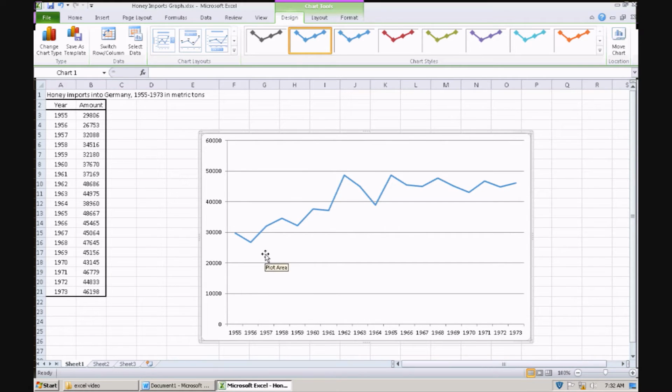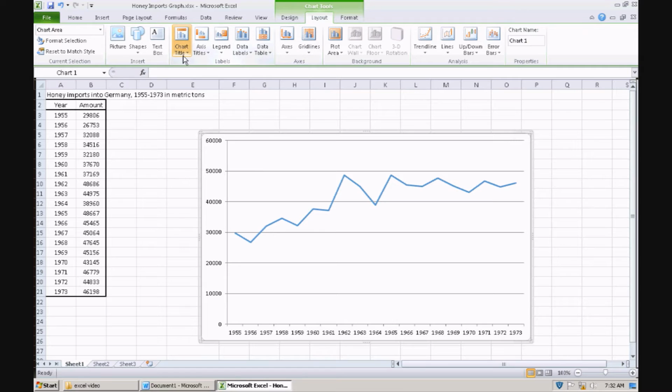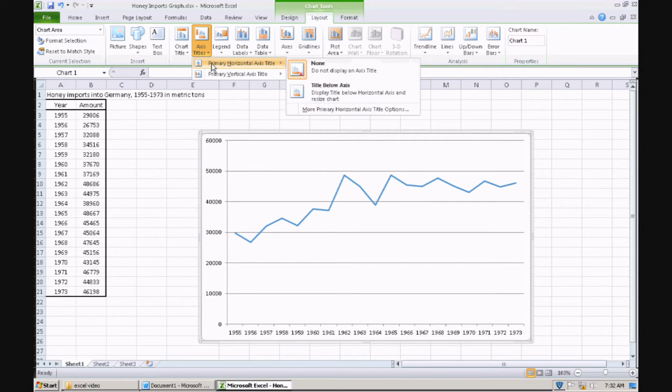Now for the other two lessons, I'm not going to put axes labels on it because of time, but let's learn it now. So anytime you want to go to a layout, you go to Layout, and that gives you all your important stuff. You got your axis, your grid lines, everything you need, but we're concentrating on the labels. So what we want to do is we want to go to, let's say, the horizontal,